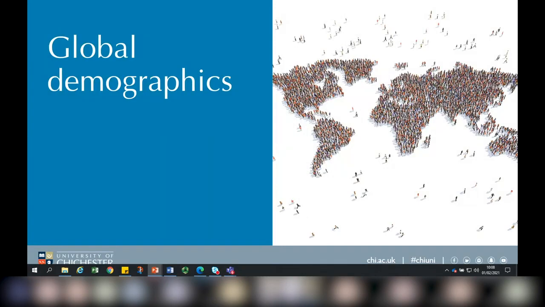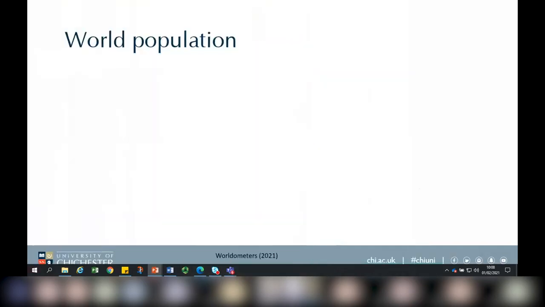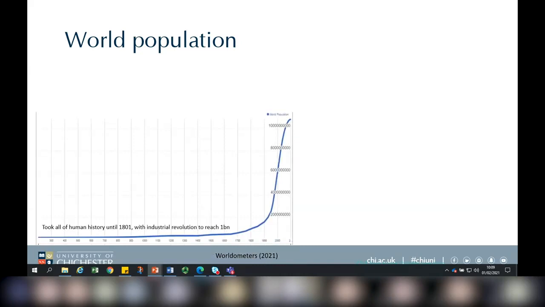Okay, I'm just going to provide you with a very brief overview of global demographics, because it is a very important economic and societal issue that we need to think about. All organisations are mindful of global demographics, and we're going to go through some of them in a minute. So the first thing to think about is the world population. How many people live in the world today? Anyone like to have a guess? 7.3 billion. Okay. Doesn't go from the original 7.5.